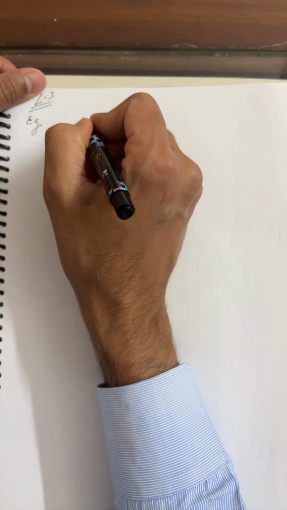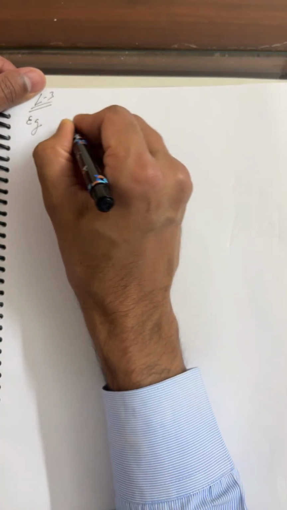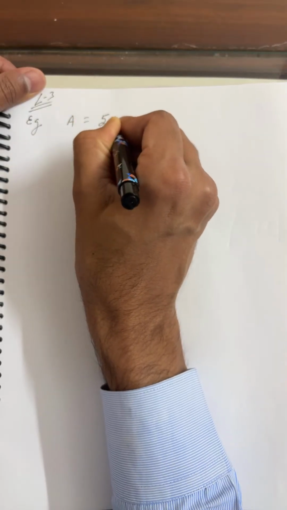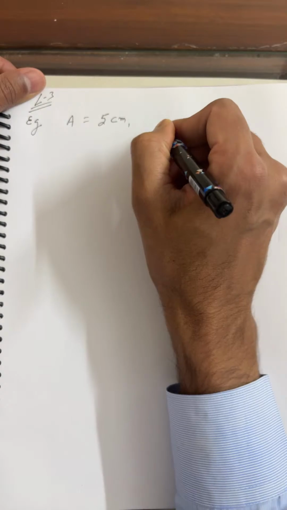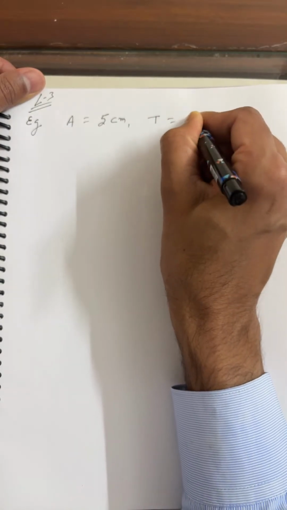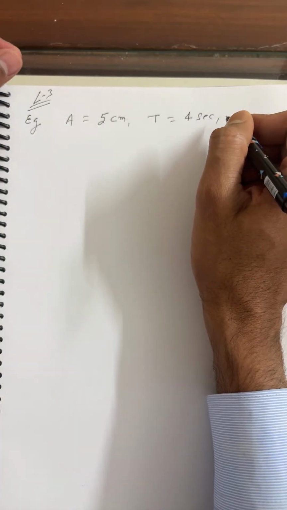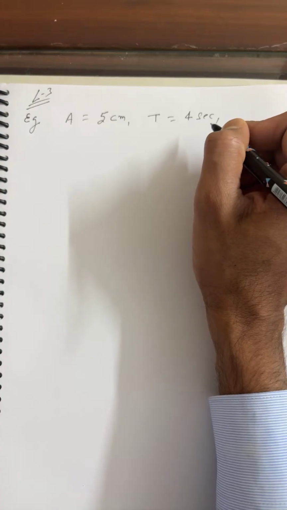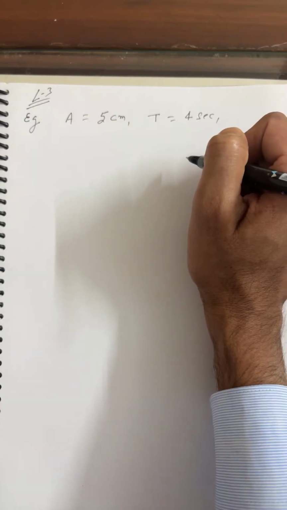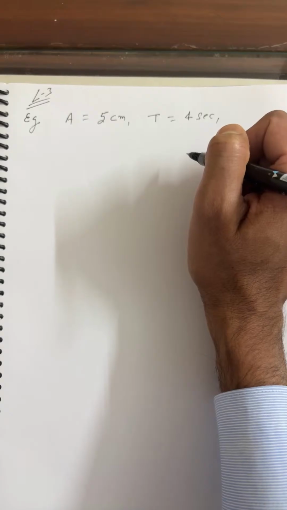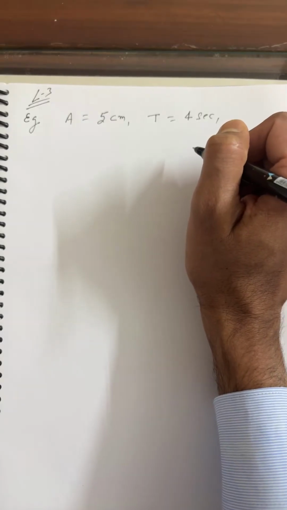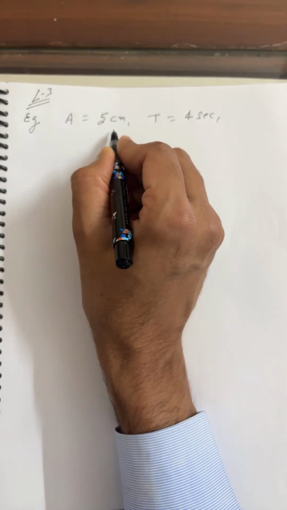You can take an object performing SHM with amplitude 5 centimeter. And you can also take the time period as 4 seconds. If timing is started when the object is at the center of the oscillation, that is the zero mean position, then calculate: the amplitude and time period are mentioned, students. You have to find the frequency of oscillation and, second,